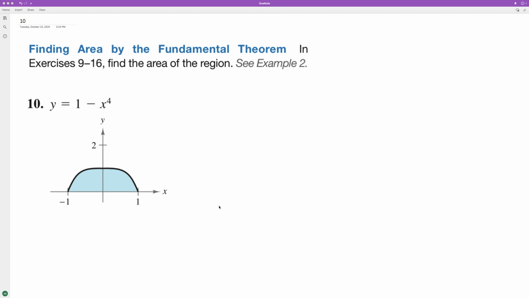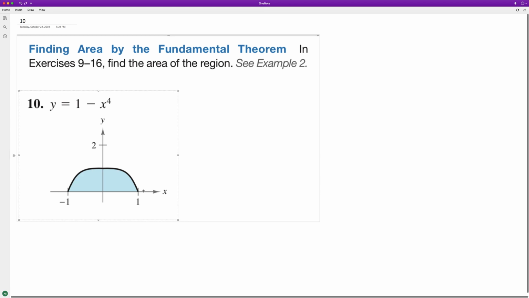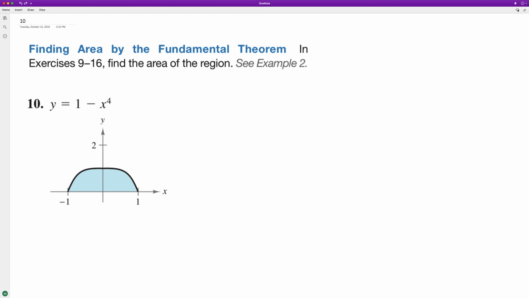Find the integral of the following problem. We're going from -1 to 1, so we want to find the area under here. For this, one thing we need to be careful about when we integrate this is because we've got a negative